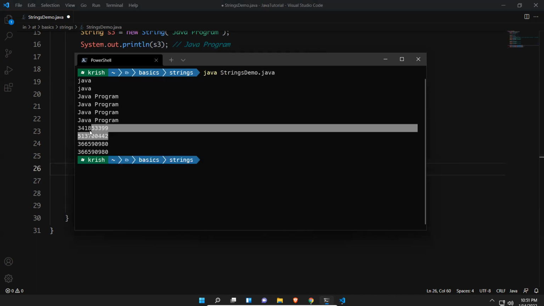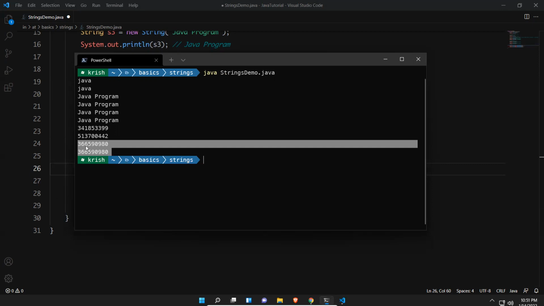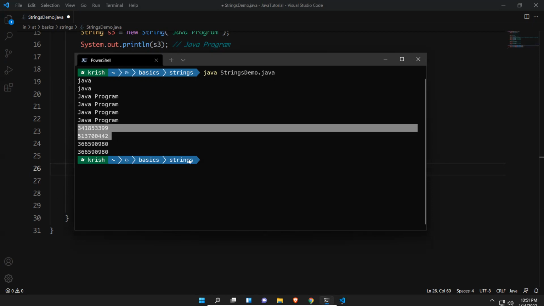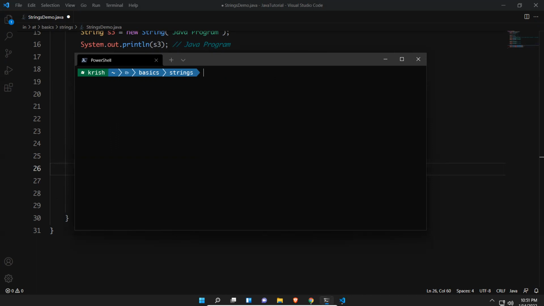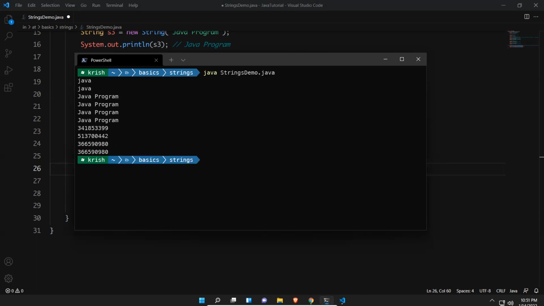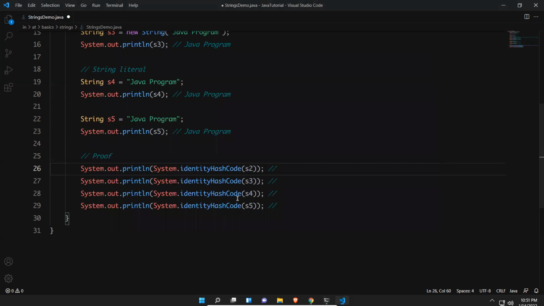You see, S2 and S3 are two separate values, but S4 and S5 print the same value, 366590980, 366590980, but these two are different. If I execute the same thing again, this time it is also the same. However many times you execute, it will give you the same information.